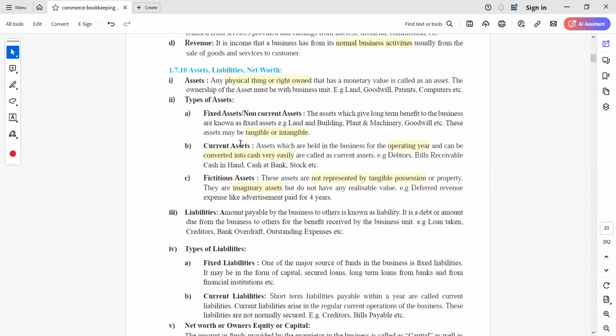हमने बोला गुडविल देगा। Current assets, assets which are held in the business for an operating year and can be converted to cash easily, are called current assets. See the difference between fixed asset और current asset में ये ही है कि fixed asset longer term के लिए होता है, current asset ये नॉर्मली ऑपरेटिंग ईयर के लिए रहता है। करंट असेट में आएगा, फर्स्ट आएगा कैश, कैश और बैंक बैलेंस। ओके, बाद में आएगा बिजनेस के स्टॉक्स, कुछ एडवांसेस गिवन। ये नॉर्मली within 1 year मैच्योर्ड हो जाते हैं।